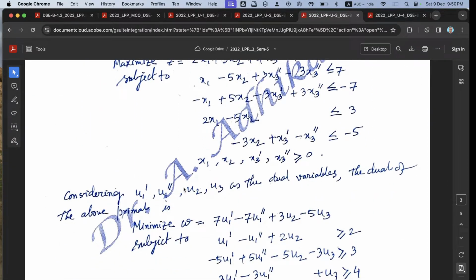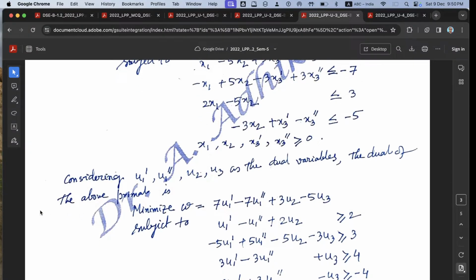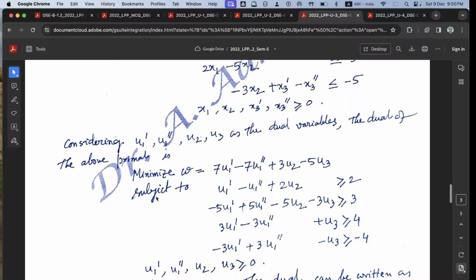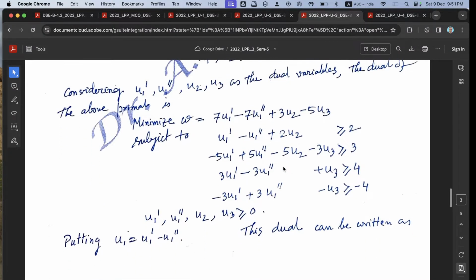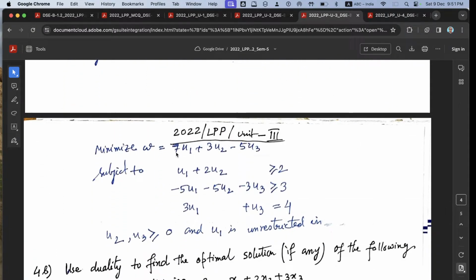Considering u1 dash and u1 double dash, u2 and u3 as dual variables, the dual of the above primal we can write as minimize w equal to 7 u1 dash minus 7 u1 double dash plus 3 u2 minus 5 u3, subject to this. We get u1 dash, u1 double dash, u2, u3 greater than or equal to 0. Putting u1 equal to u1 dash minus u1 double dash, this is the dual and can be written as minimize w equal to 7 u1